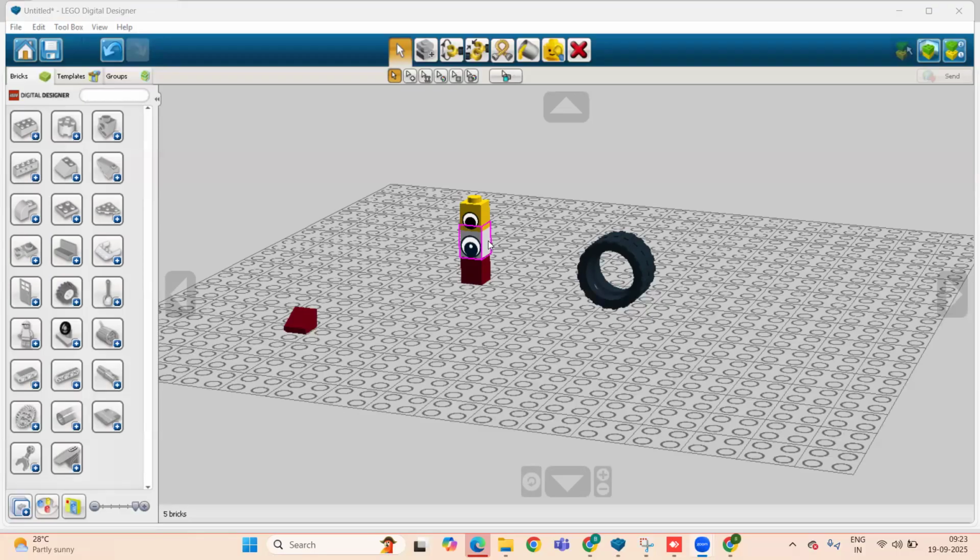And then we have one more area. Here you can see on the right side corner, that is the instruction maker. With the instruction maker tool, we can create step-by-step building instructions just like real Lego sets. This one is the building guide.